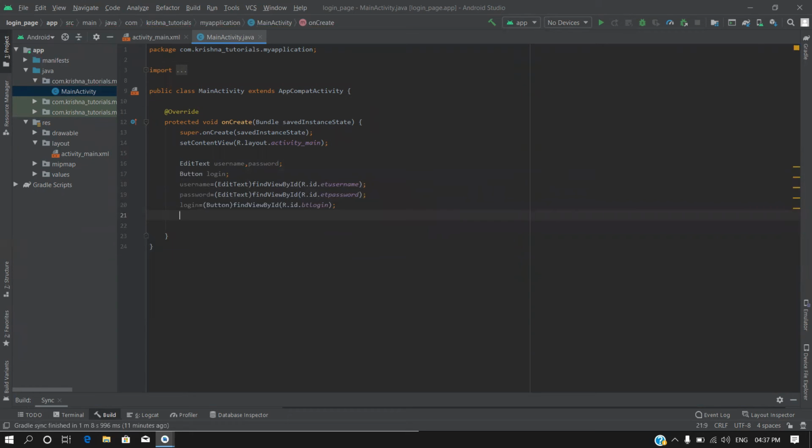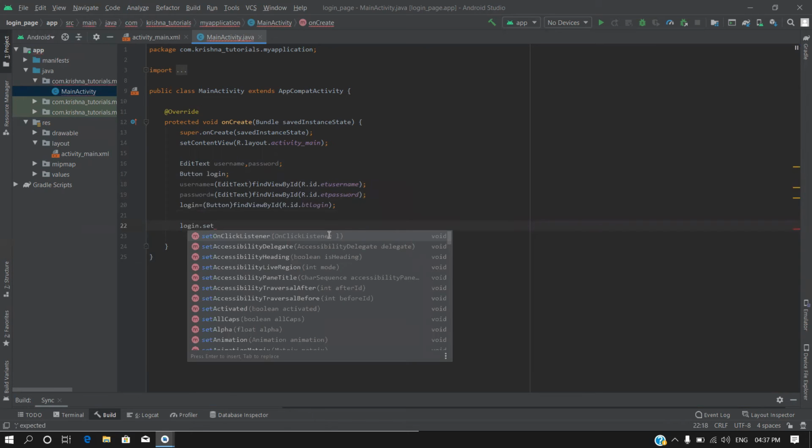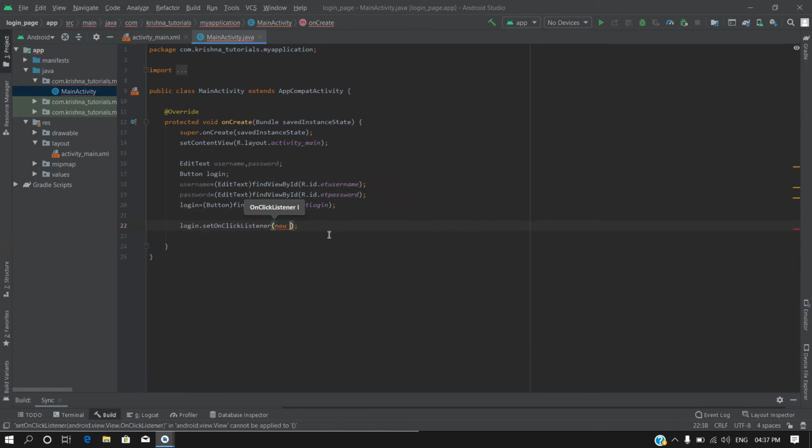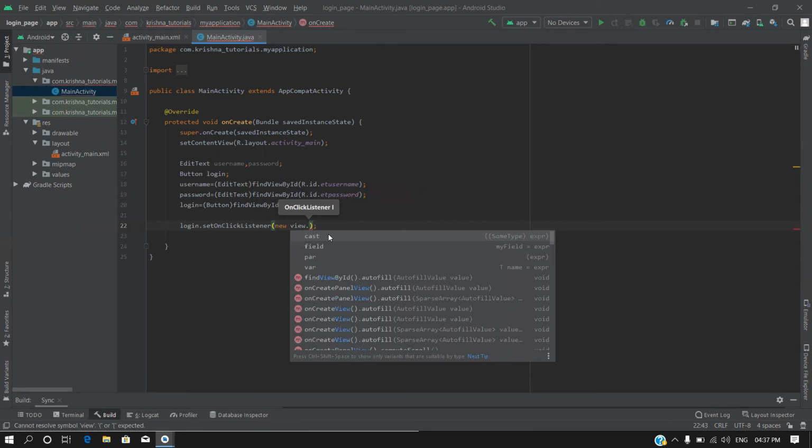And we can use set on click listener new view dot on click listener.